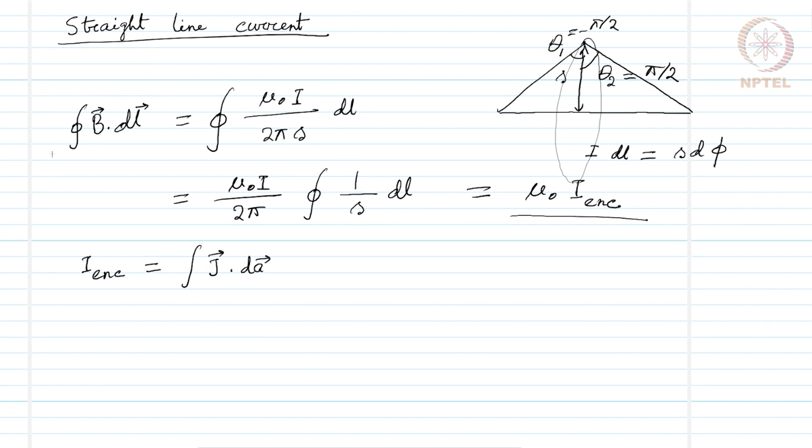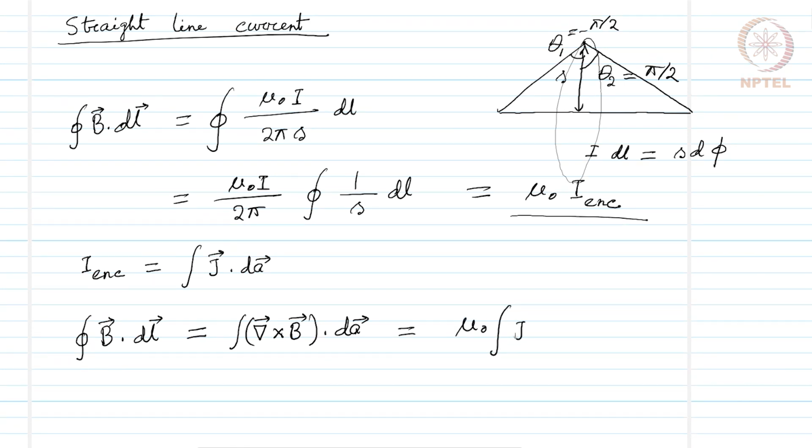Now, on this expression, the cyclic line integral of B dot dl, if we apply the Stokes theorem, we can write down that the cyclic line integral of B dot dl over a closed line is equal to the surface integral over the curl of B. Stokes theorem gives us this, and this quantity equals mu naught times the surface integral over J dot dA,